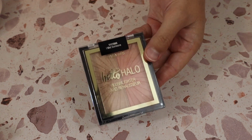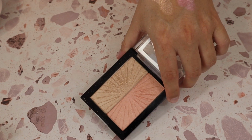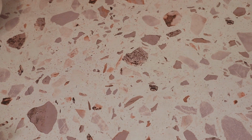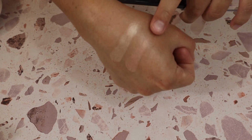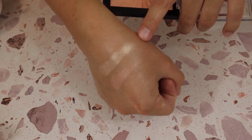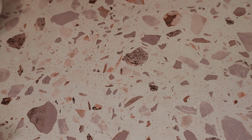Another one that I'm keeping is this product from Wet n Wild. I actually had this in my chopping block, and by the way, this is called the Hello Halo Blush Lighter, and it's in the shade I Met Someone. So I had this on my chopping block, and I decided to go ahead and pull it back out to test it out, and I'm so glad that I did because, I mean, look at this. This is so beautiful. Again, this one is perfect as a blush topper, and then of course this as a highlighter. So very, very beautiful. I love this formula. Wet n Wild just makes really, really great highlighters, so I am going to be keeping